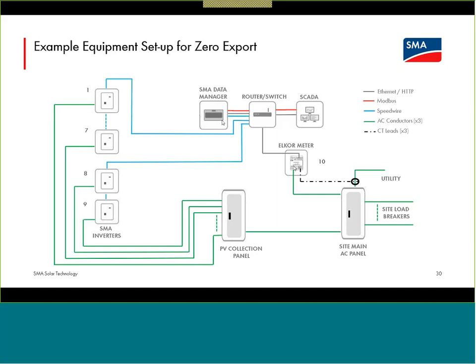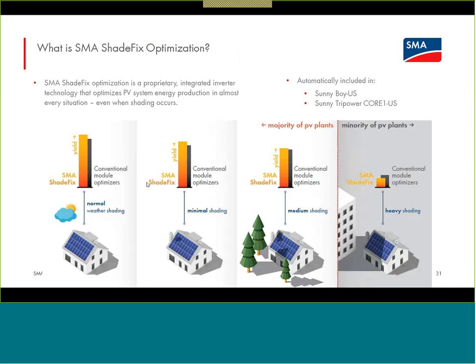It is very direct to use the data manager with the LCORE meter and appropriately placed CTs to do that export limitation. Okay, I want to segue a bit and talk a little about power production for the CORE1. This is slightly off topic, but we've been talking quite a bit about Shade Fix. So I want to make sure folks are aware of this functionality built into the CORE1 for retrofit